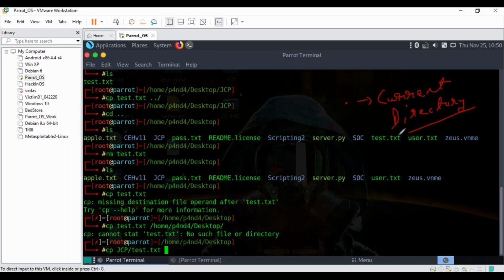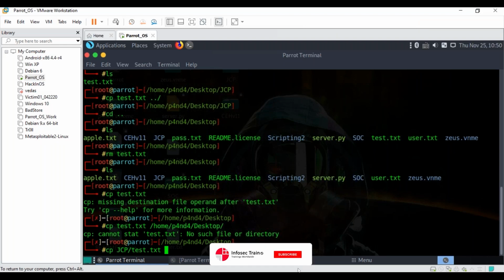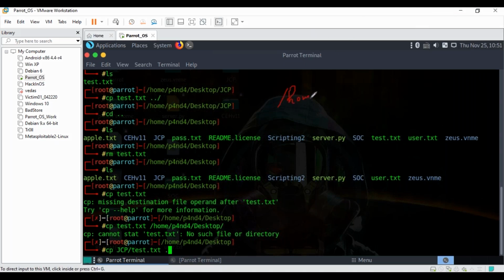Perfect. Since I want to copy this file to desktop, and my current directory is also desktop, can I simply write a dot in the destination place? Instead of writing the entire path, slash home slash p4 and d4 slash desktop, can I simply mention a dot, which represents the current directory?